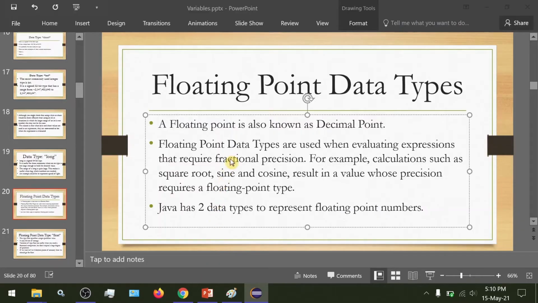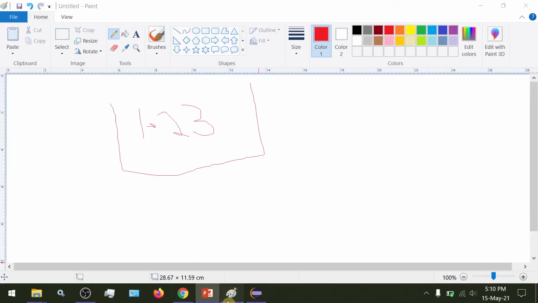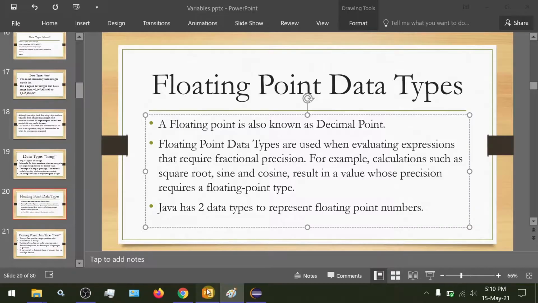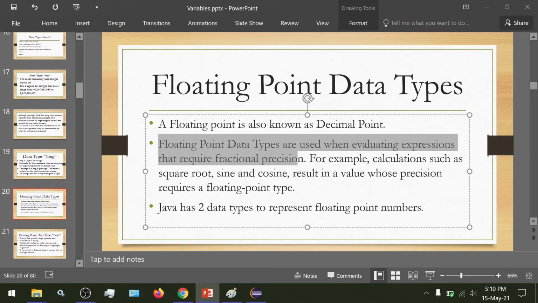We have two data types for that, so we'll take a look at them. A floating point is also known as a decimal point. This point here is called a floating point or a decimal point. Floating point data types are used when evaluating expressions that require fractional precision.